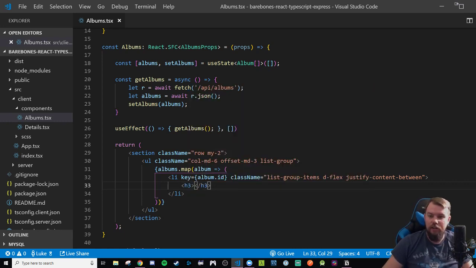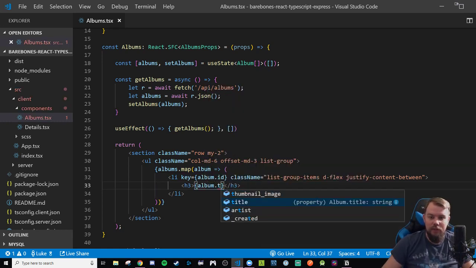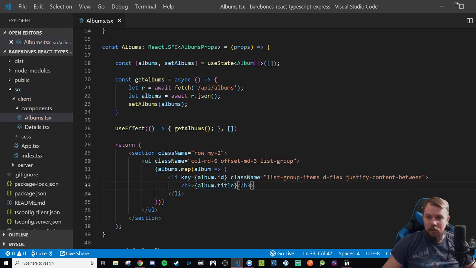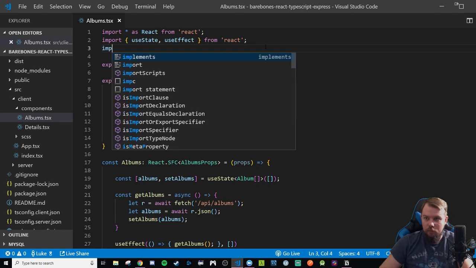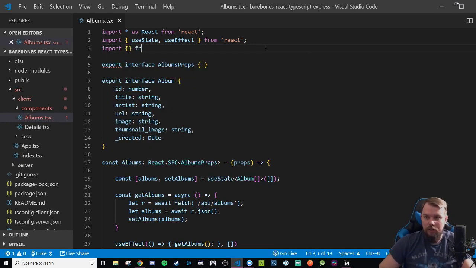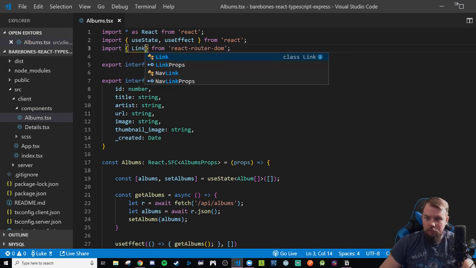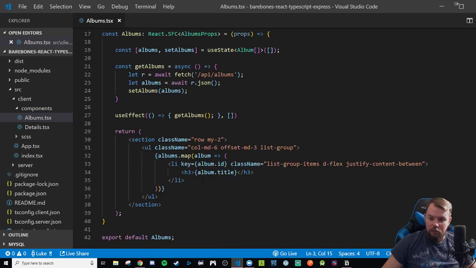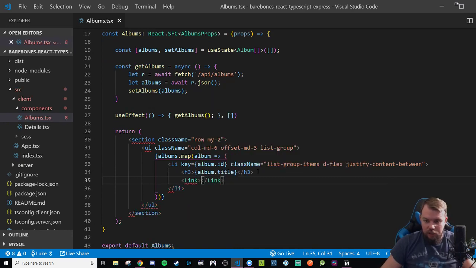I don't know why it took me so long to think of a decent example. For the H3, I'm going to render the title of the album, so album.title. And right below that, I'm actually going to be using a link to go to the other components. So I'll have to import at the top here from React Router DOM. I'll bring in my link component like that, and I'll be using it next to this H3 like so,